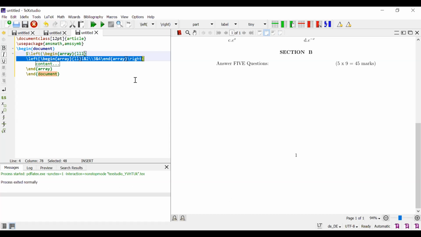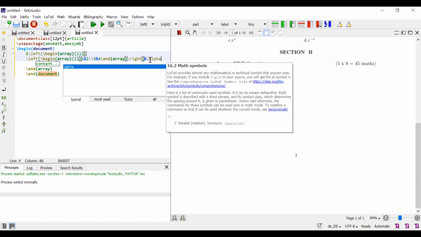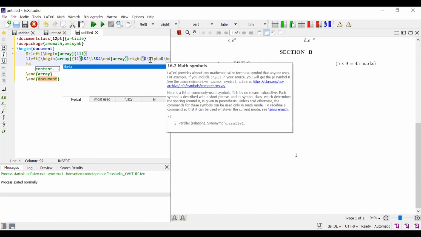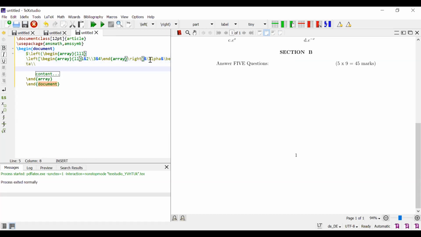Next, I am going to write the second element of the original array, that is $, and slash alpha. The last element of first row is beta. Now we are entering into the second row.